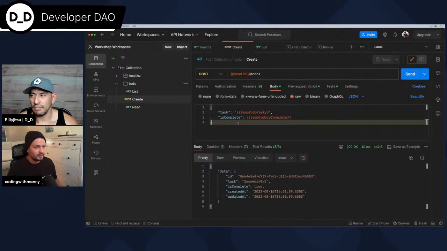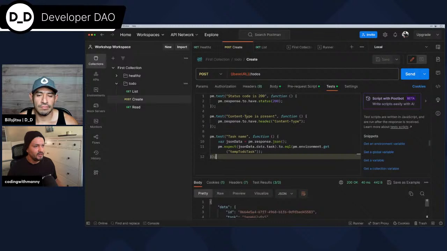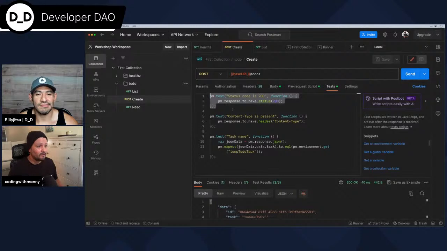Next up, you can imagine here under tests, we're going to do another optimization. I'm going to do a pm status code 200 for every single one of these requests. That doesn't necessarily make any sense, right? It's the same thing over and over again. Why would I need to copy and paste that, right? Well, the nice thing is that